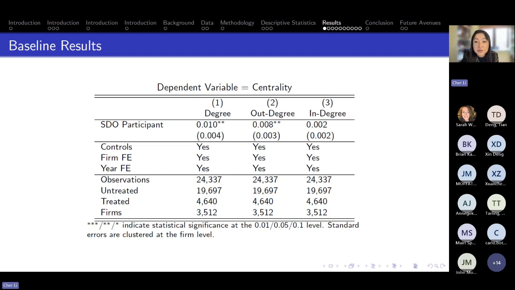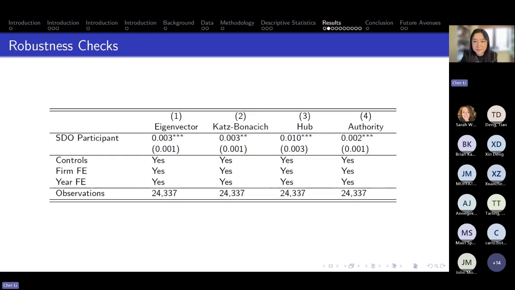And in terms of the marginal effects, the SDO participation is estimated to increase the share of firm connections by 0.01 percentage points. And that is equivalent to about 1.8 connections based on our data, which isn't huge, but is still meaningful. Like I said earlier, we threw in a bunch of other